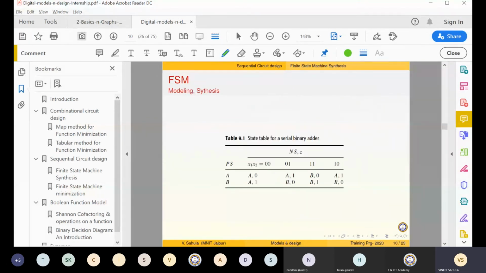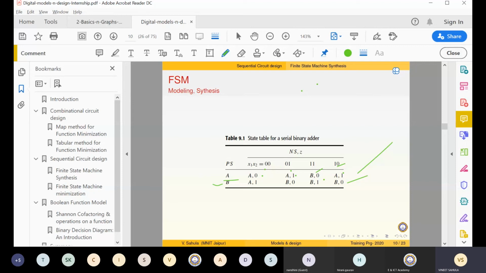You can verify. So I will go for a state table. Looking at this, I will just jot down where I am going. From present state A, I can go to any of the 4 states, depending on 4 possible combinations of inputs. 2-bit input, 4 combinations. So from the present state, all 4 possibilities I am writing. From state B, all 4 possible states I am writing. This I am deriving from the diagram only.